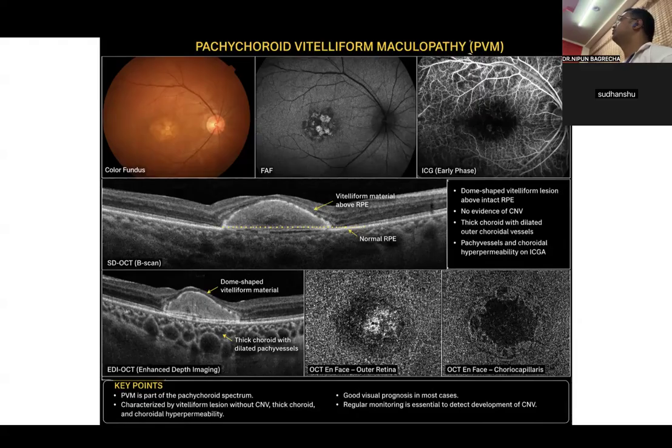I still remember when I first saw a case of diabetic retinopathy, one patient was talking to me. He was a vendor, and he just told me that